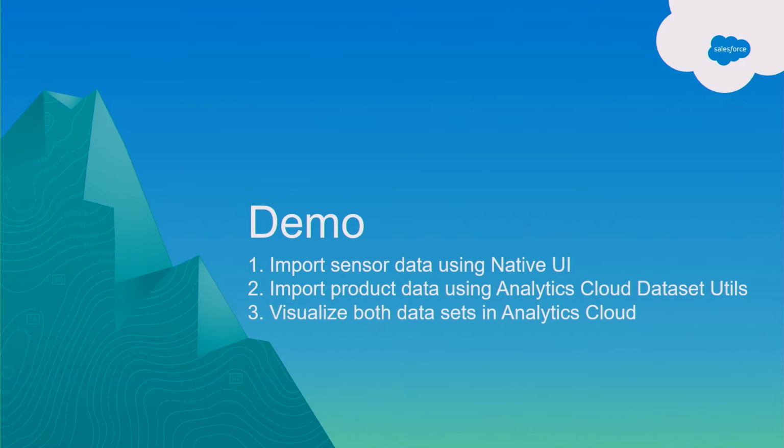So I have shown you already how to import data using the Analytics Cloud toolset, which is the data flow JSON. And we will now see how to import the CSV data from the Raspberry Pi into Wave Analytics. So I'm going to go create a data set. This is the native dataset builder interface I was showing you. I'm selecting CSV,